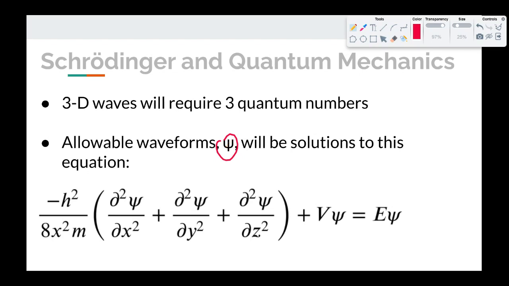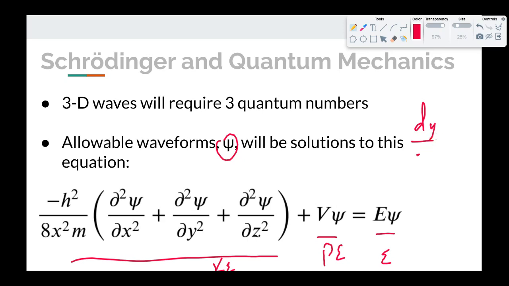And you can see that this is a function of psi, this differential equation. It's a function of a function. So this term here, that's your kinetic energy term. This term here, that's your positional energy term, and that's your total energy term. So it's an energy summation. If you're in calculus, you probably have seen something like dy dx at this point as a notation for differentiation, like the change in y with respect to x. That's what these are too, except these are the second derivatives. So you may have seen d2y dx squared maybe as a notation for the second derivative.